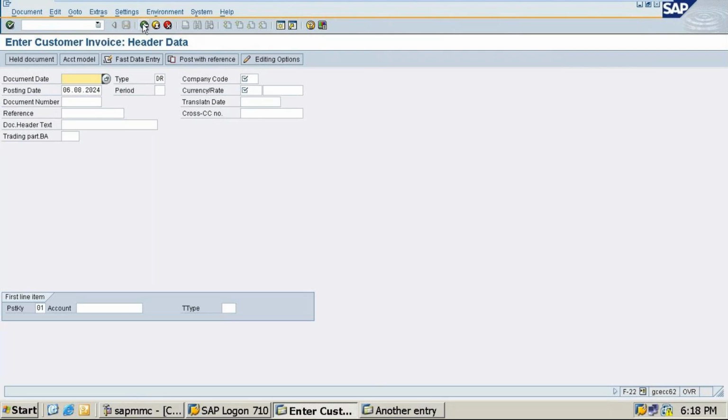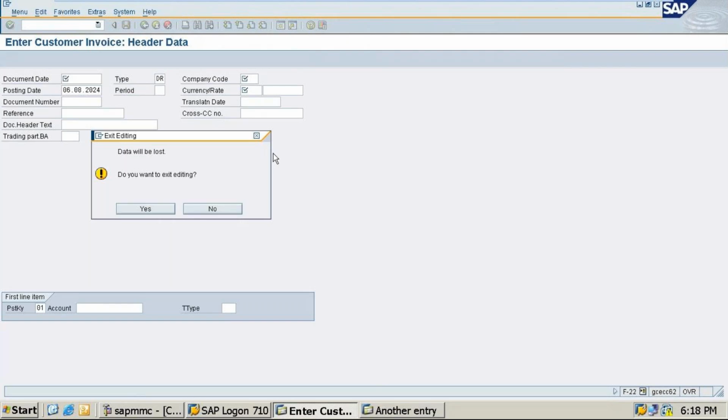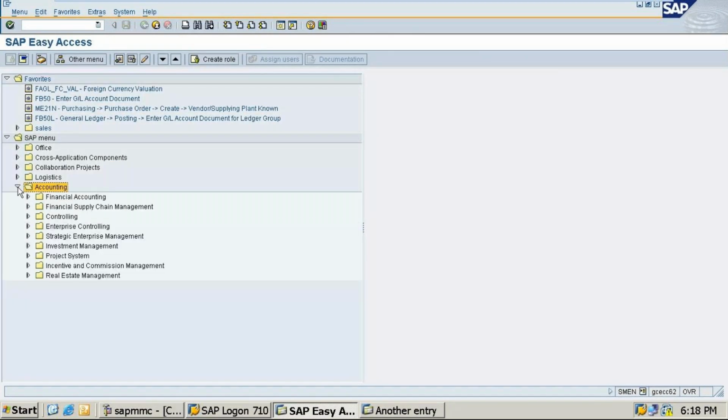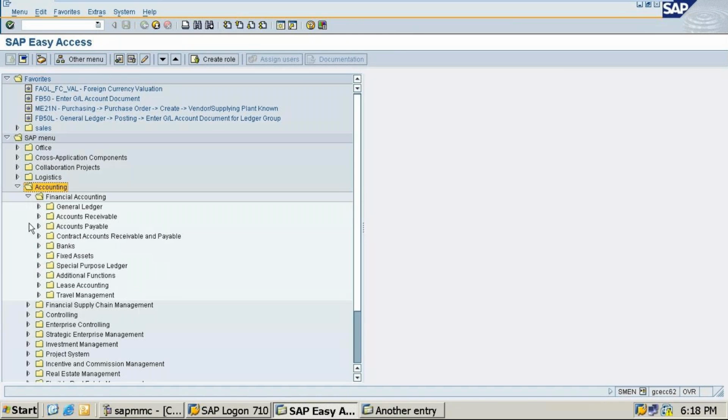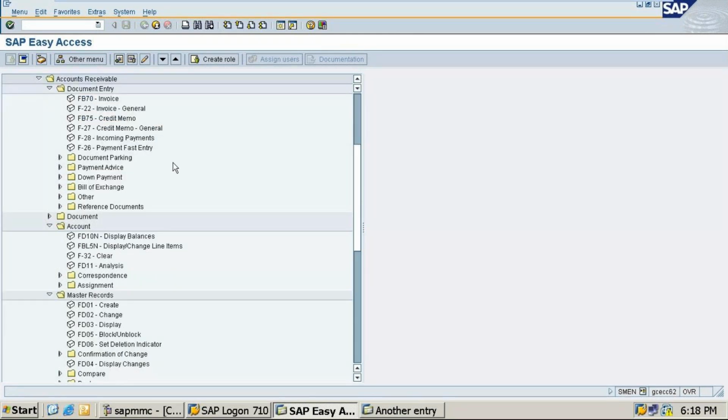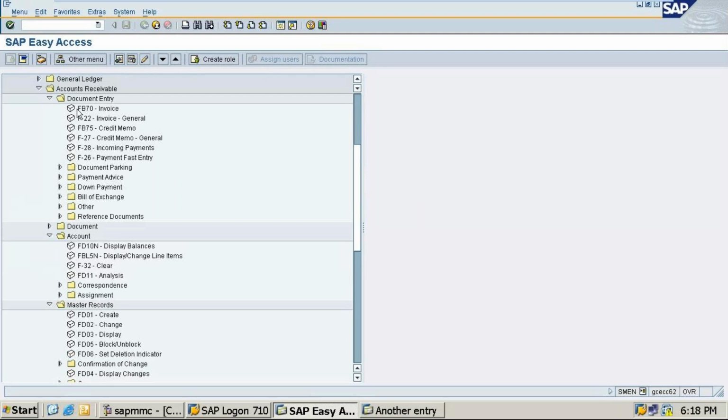If I show you navigation-wise: accounting, financial accounting, accounts receivable, document entry, invoice general, F-22. This T code you must prepare. You should not forget any T code, whatever I am teaching in classes. So F-22.